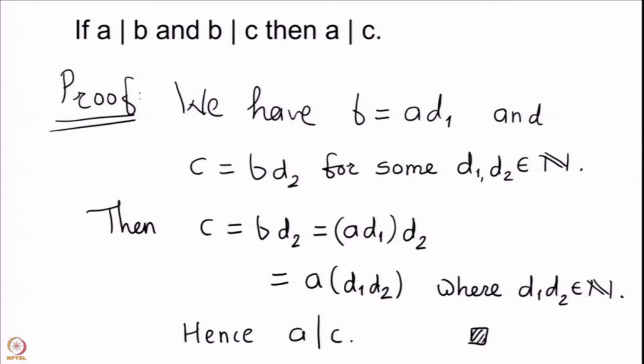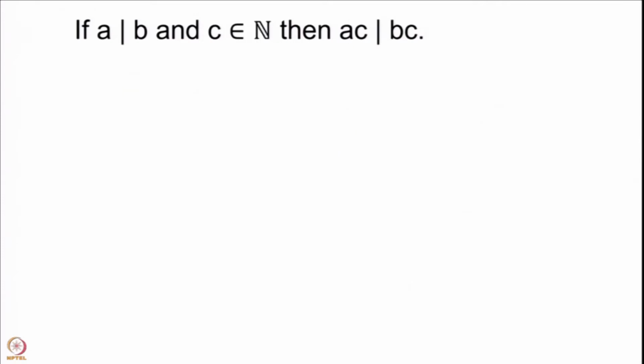Let us go to the next property. If A divides B and C is a natural number, then AC divides BC. So, multiplication by natural number respects the divisibility relation. Once again, as we have our deal, I will give you a minute to think about this proof. Quite likely you will get the proof that I have in mind, which is a very good thing, that will tell us that we are thinking in the same direction. Or even more interestingly, you may have a different proof and I would like to know that different proof. So, your minute starts now.